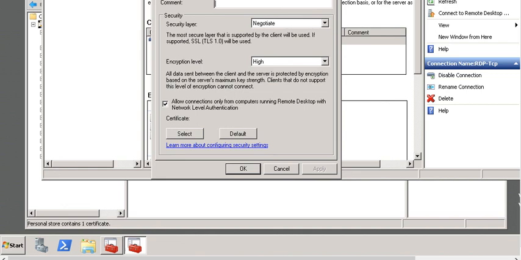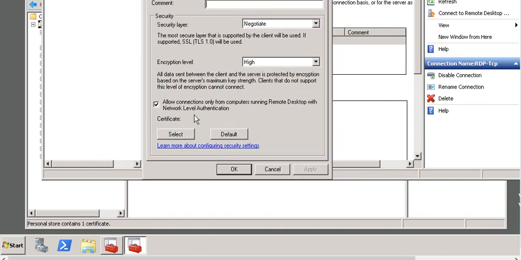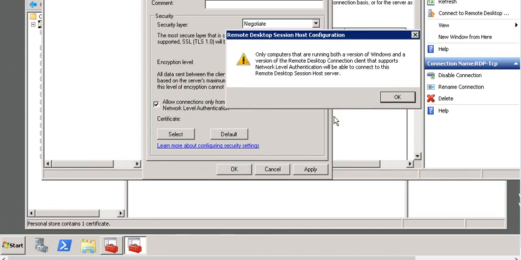And as you see on the screen, there was no selection and the encryption level was Client Compatible earlier. So now we just need to change the encryption level here from Client Compatible to High. And these are the RDP options. We need to click here to select, and this is the warning message.